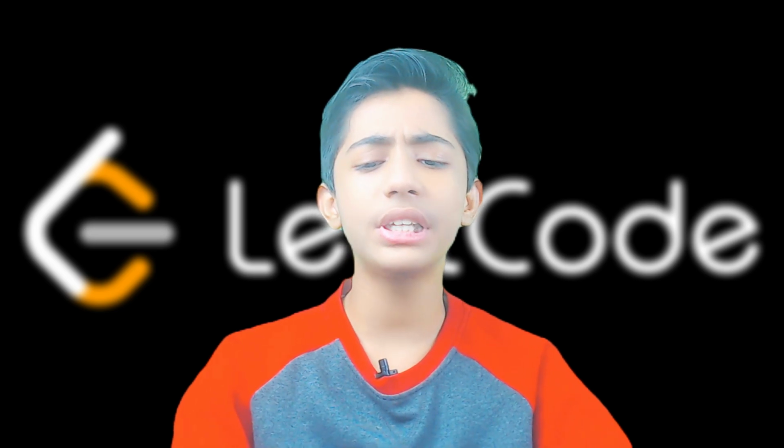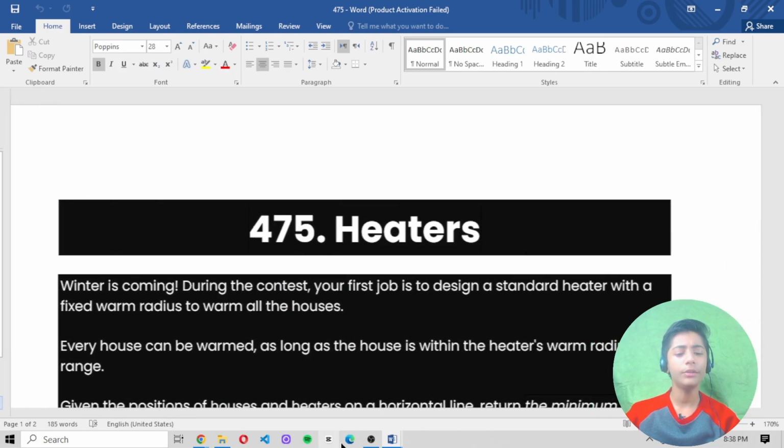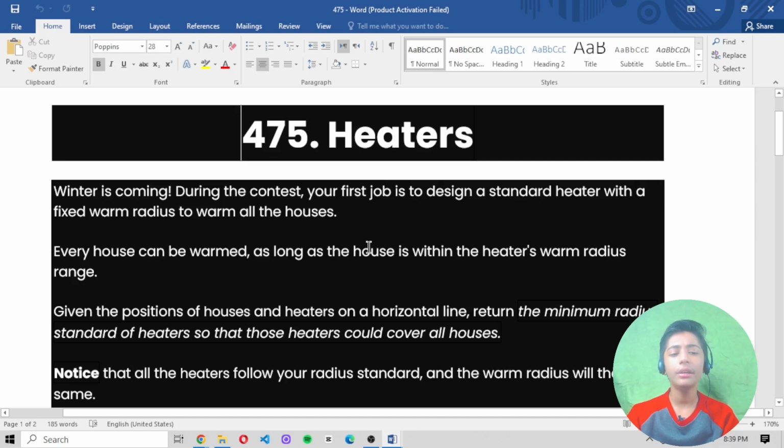So let's move to the computer screen and do some coding. Guys, let's start solving question 475, Heaters. Winter is coming. Your first job is to design a standard heater with a fixed warm radius to warm all the houses. Every house can be warmed as long as the house is within the heater's warm radius range. We are given the positions of houses and heaters on a horizontal line. We want to return the minimum radius standard of heaters so that those heaters could cover all